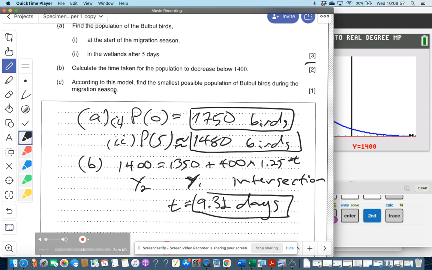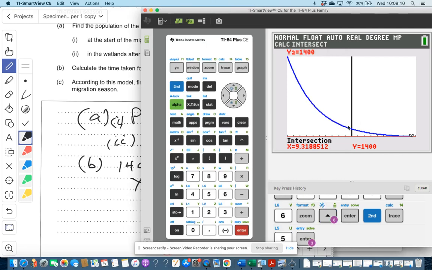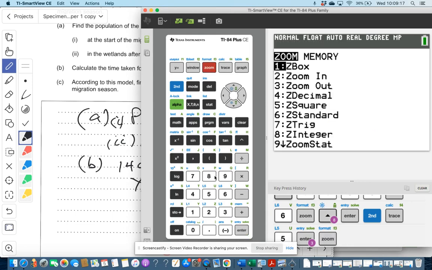I guess it could have, but that would make it more complicated. Okay, and according to this model, find the smallest population of bulbul birds during the migration season. Okay, so we can see that the bulbul birds are decreasing here constantly. Maybe even if we zoom out,